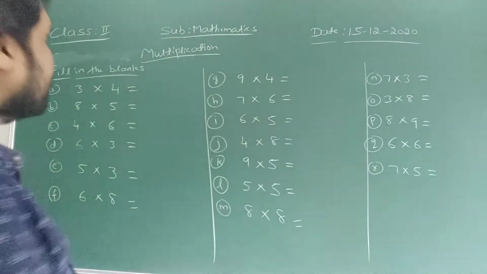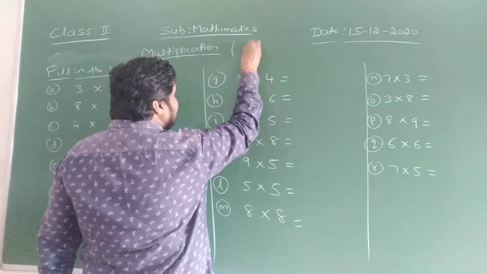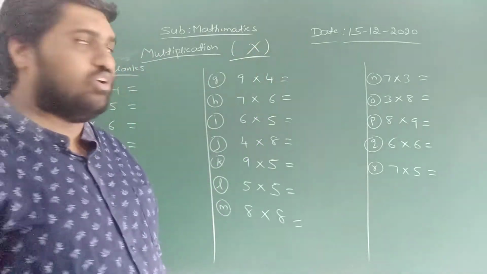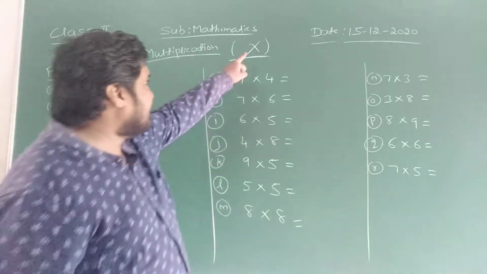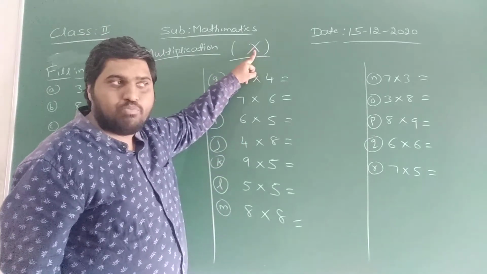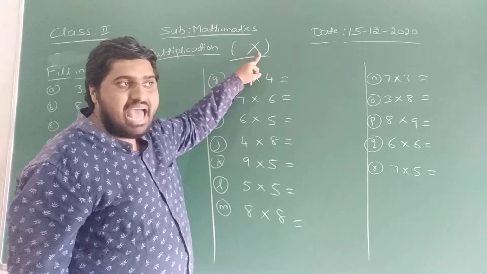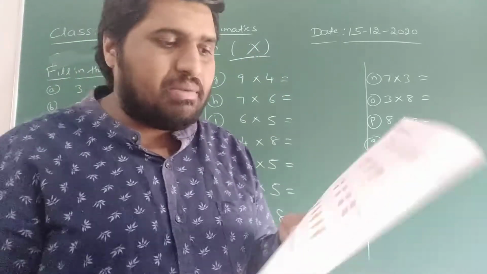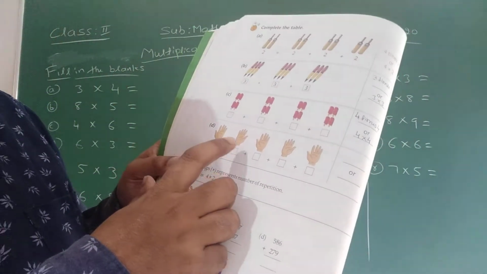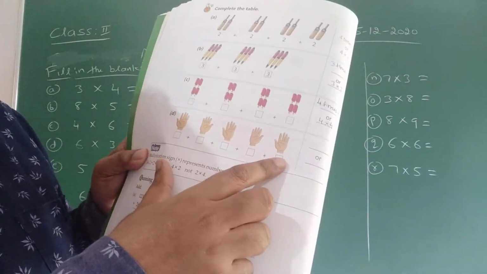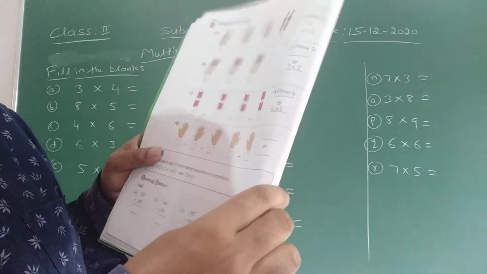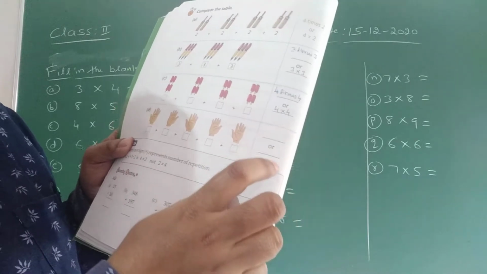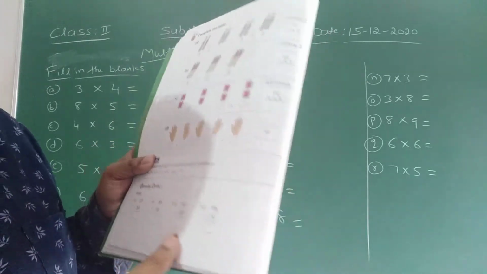You know, right children? The sign of multiplication is this one. Okay, you studied in tables, right? 3 into 4, like this you will write. This is called as what? Multiplication symbol. Or it can also be read as into. Okay, keep in your mind. Now similarly see here children. 1 hand, 2 hands, 3, 4, 5. There are total 5 hands. Therefore, how to write? 5 times 5, or 5 into 5.